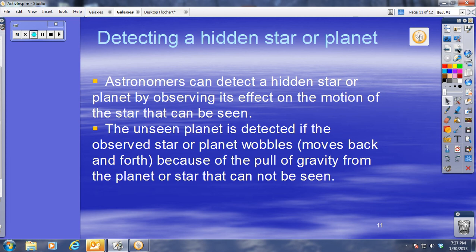Everything that has mass has gravity, and those that have greater mass have a greater gravity pull on other objects. So when a star in front wobbles just a little bit, astronomers see that, and they know stars aren't going to move by themselves. So they know that there is a hidden planet or a hidden star behind it, and then as they continue to watch the stars move, if they do revolve around each other, then they are able to see that extra star there.